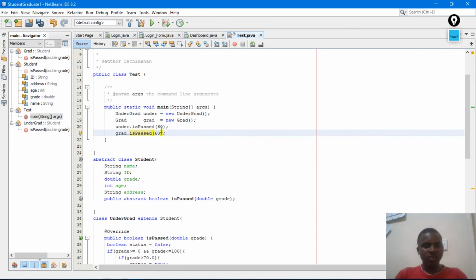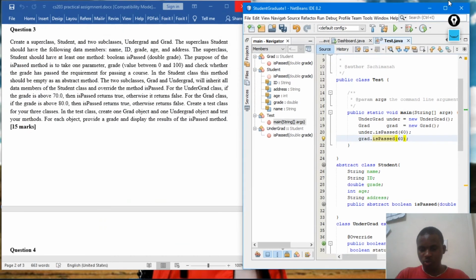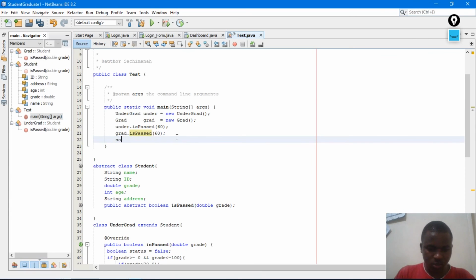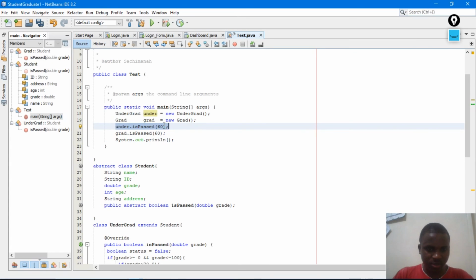Here, if I do this, I'm not going to meet the requirements of this statement, because I have to display the result. So how to display the result? Because this thing is going to return true or false, I have to print out true or false on the console. So I have to use the println statement like this. Then I'll pass this thing in this method.